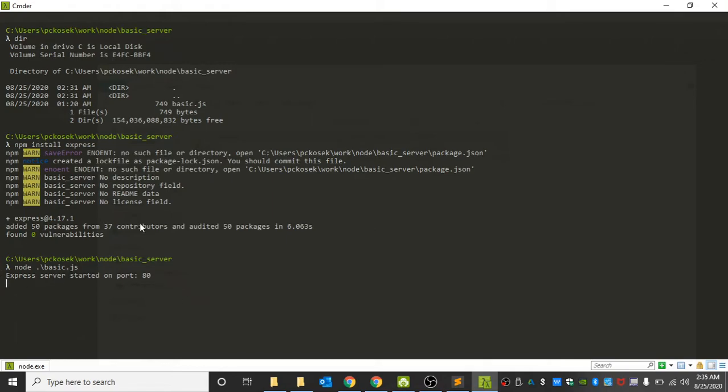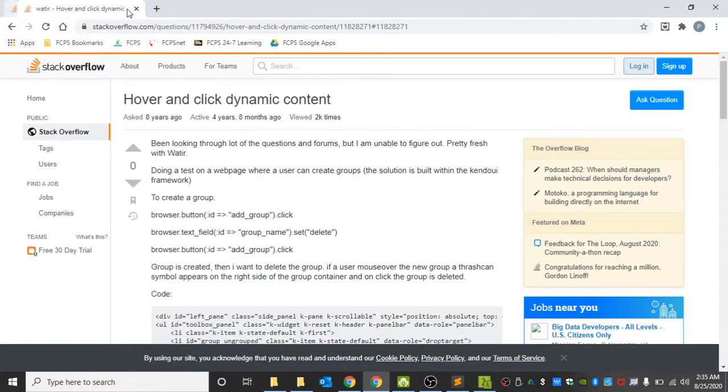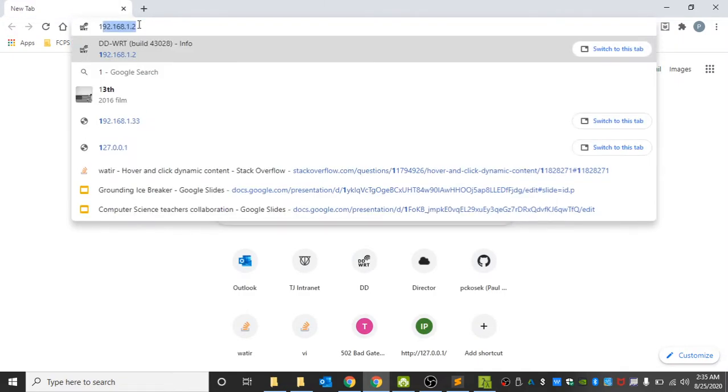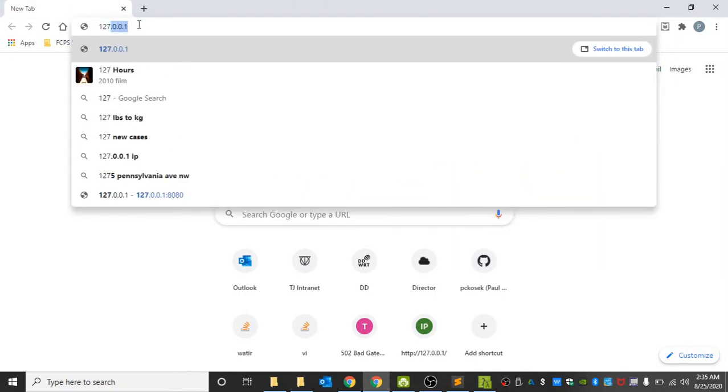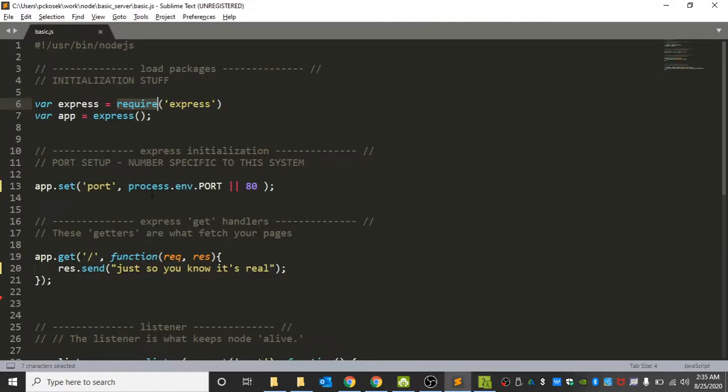Okay, well, what does that mean? This means if I go back over here, and let's start closing out this stuff from our previous video, if I were to go to the address 127.0.0.1, that's what I typed in here. Just so you know it's real,